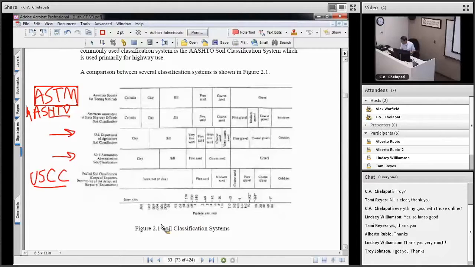So here, based on particle size, and I'm trying to read this myself, it's hard to read. Here's a number here, it says 200. This corresponds to the sieve size. And a sieve looks like a grid, a wire grid. It's what we usually pass the soil through to determine sizes. So it's the number 2 sieve, which